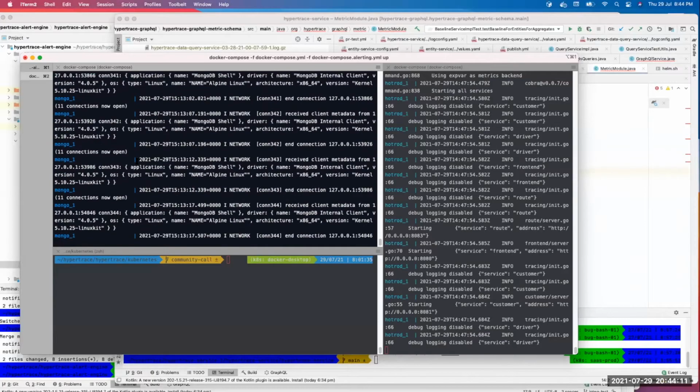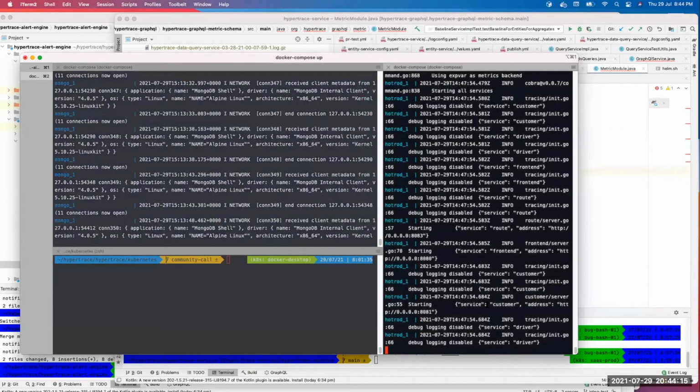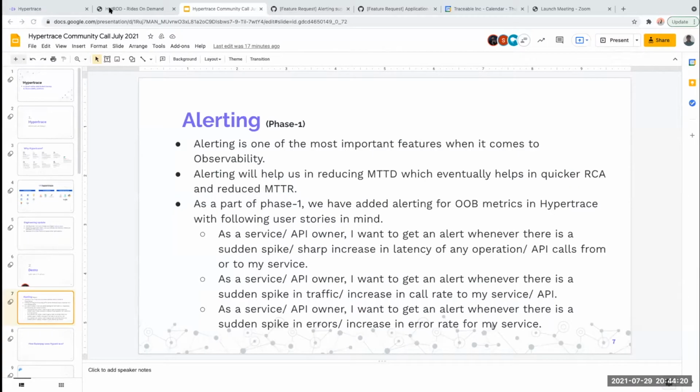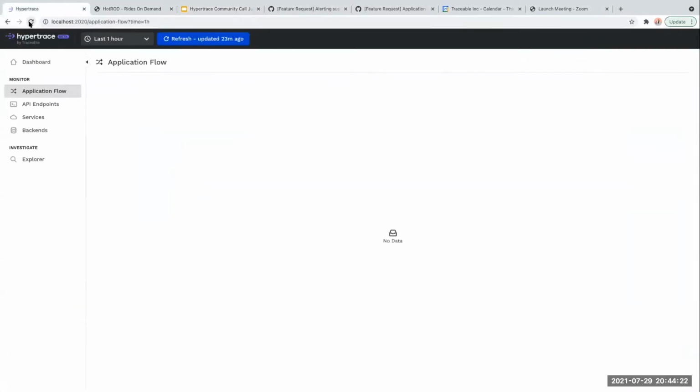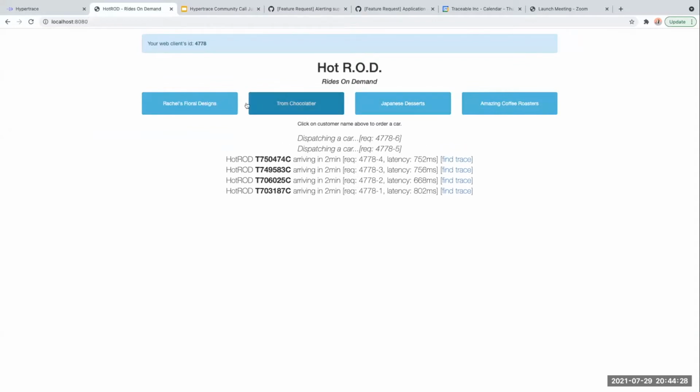So this is Hypertrace running in one terminal, and this is a sample application called Hotrod running in another system. And this is my Hypertrace dashboard. Currently, there is no load. So let me generate some load.